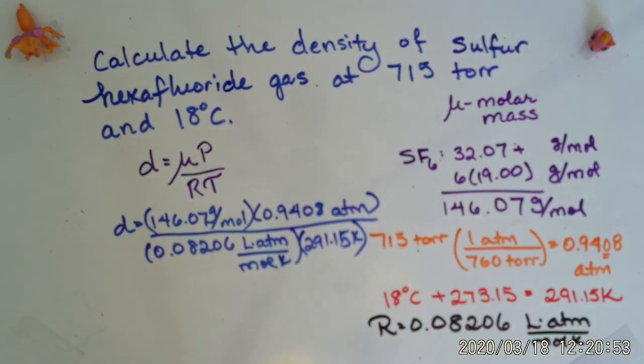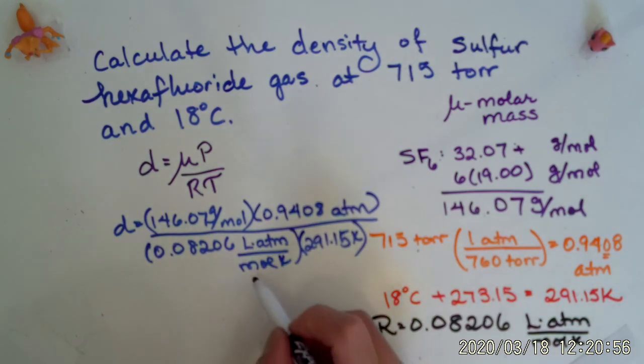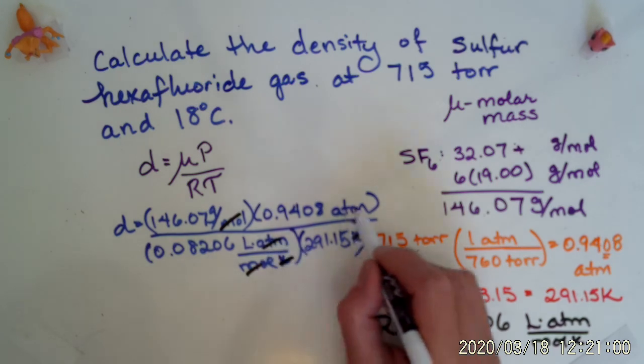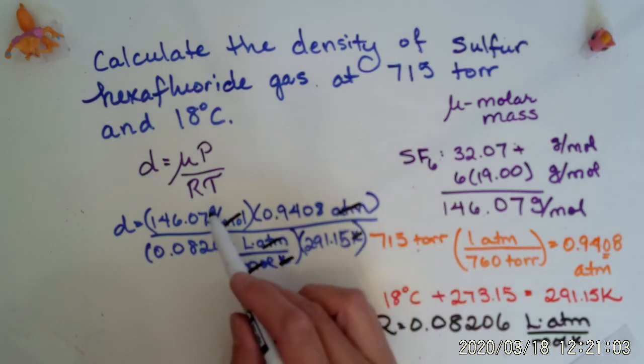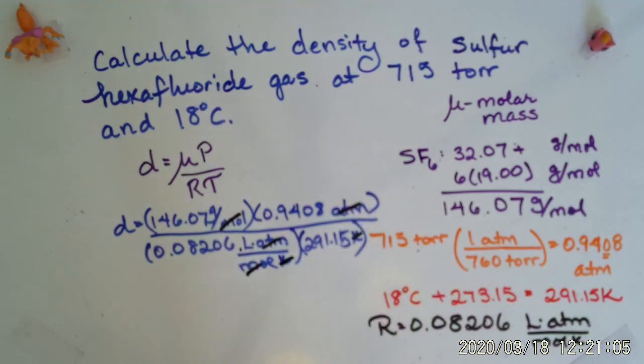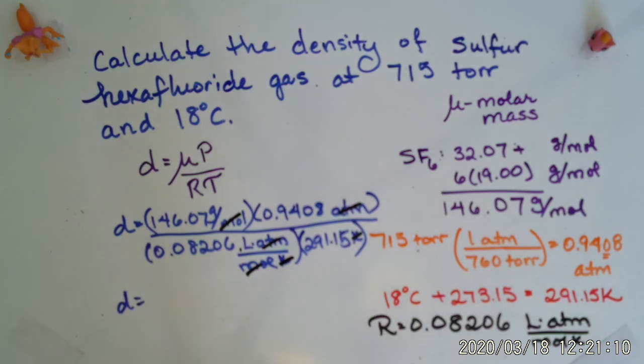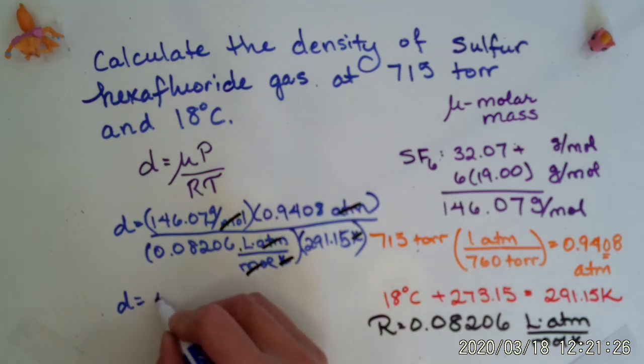Okay, and we can see from our units, basically, the moles cancel out, the Kelvins cancel out, and my atmospheres cancel out. So my units would be in grams per liter, which is exactly what we want for density of a gas. So you just say 146.07 times 0.9408 divided by 0.08206 divided by 291.15, and what we get is our density is